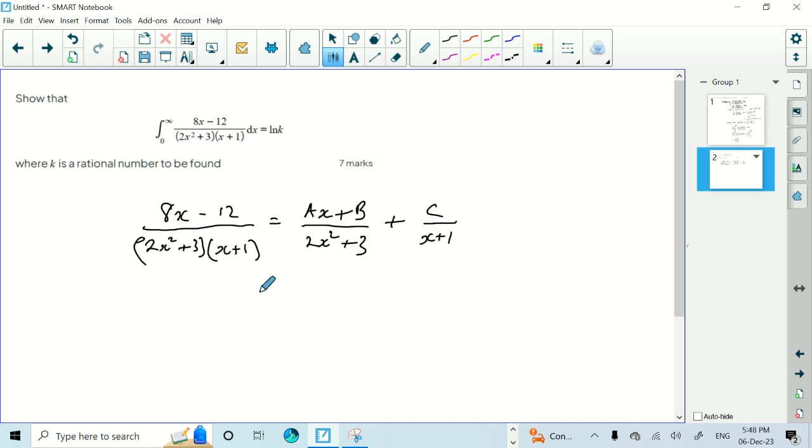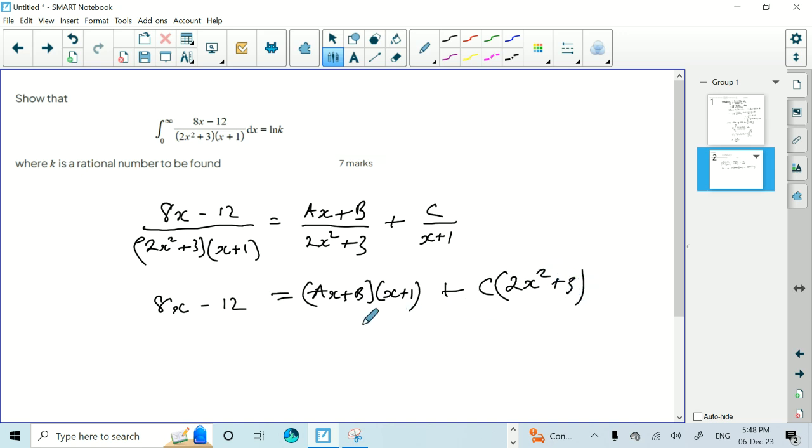We now equate 8x minus 12 to (ax plus b) times (x plus 1) plus c multiplied by (2x squared plus 3). And that will give you, if we look at x equals minus 1, looking at this bit here,